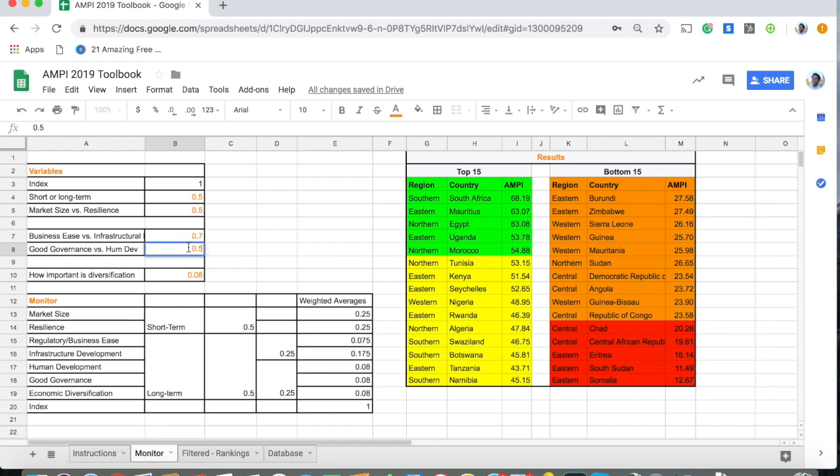So the last one, let's change all this back to 0.5. Last one is economic diversification. We don't really change this that much. The reason why is a lot of African countries are equally undiverse, but if you feel compelled to change this,